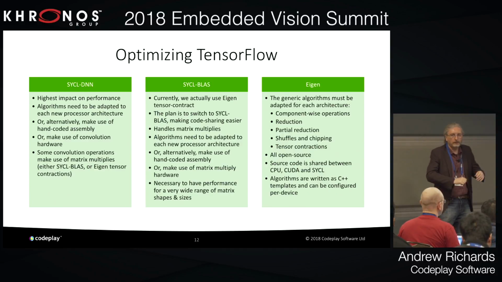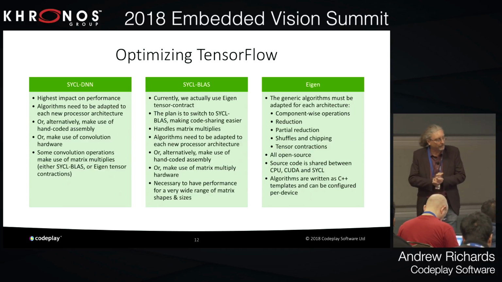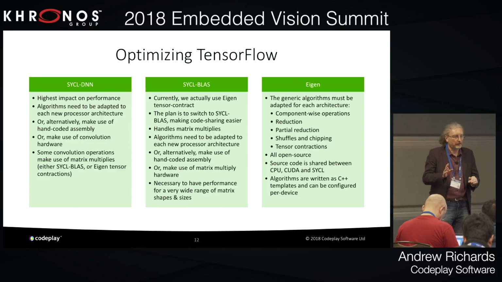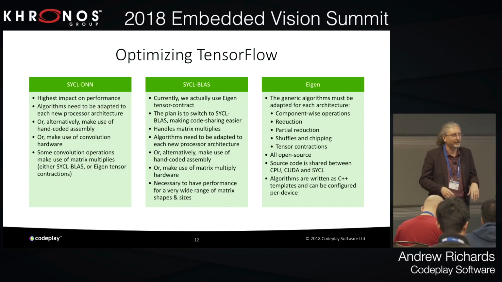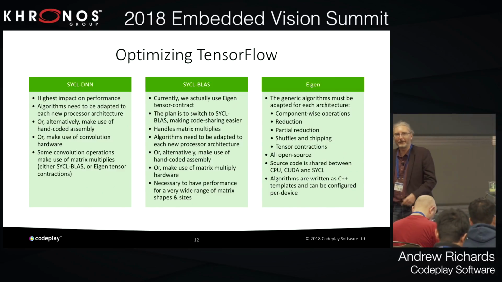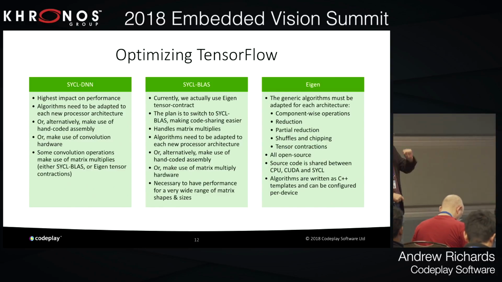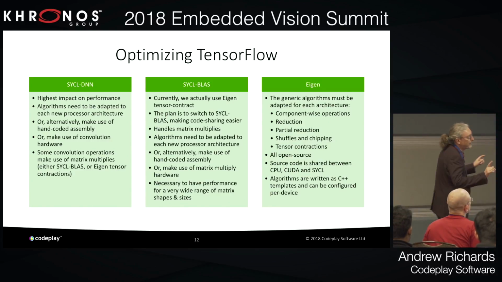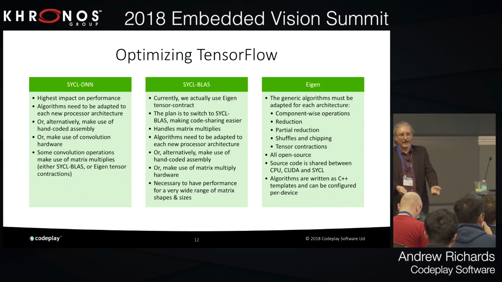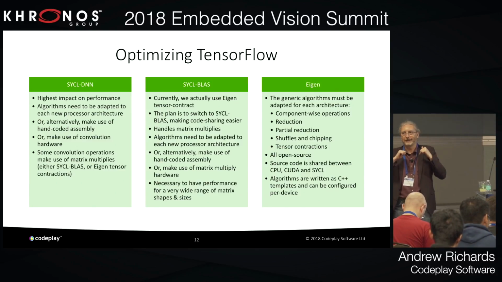And then in Eigen, where we do all of the rest of the deep learning stuff, all we need to do is port the generic algorithms to each architecture. So one of the generic algorithms is a component-wise operation. It's a posh name to call it an algorithm. It's just take this one and output that. So each element of the tensor is completely independent, right? So it's trivially simple, except that what you found is loading the data on different GPUs varies to do it